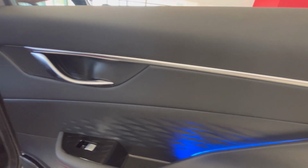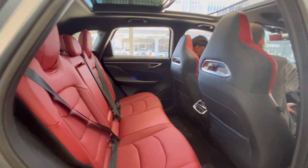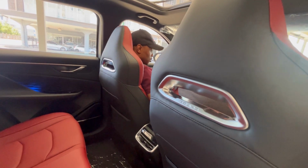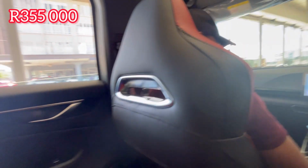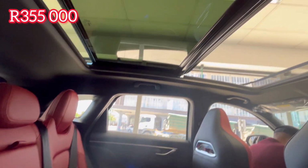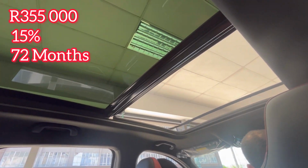Now let's look at the cost of ownership for this X55. The latest 2025 Beijing costs about 499,000 Rand, and still it's less than a second-hand 2024 Polo GTI. But here the plan is not to waste money. So when you get a 2023 second-hand BAIC Beijing X55 1.5T premium auto at around 20,000 kilometers, it actually costs around 355,000 Rand. So when you finance a 355,000 Rand car with no deposit, no balloon payment, at an interest rate of 15% for 72 months, your monthly installment will be